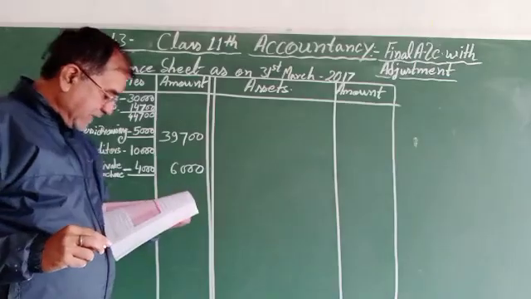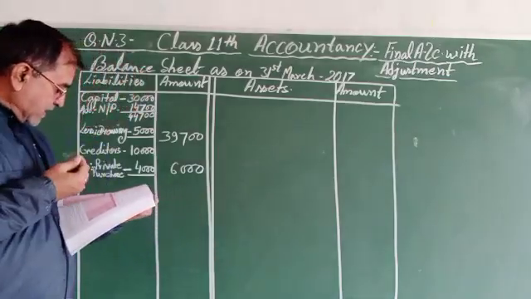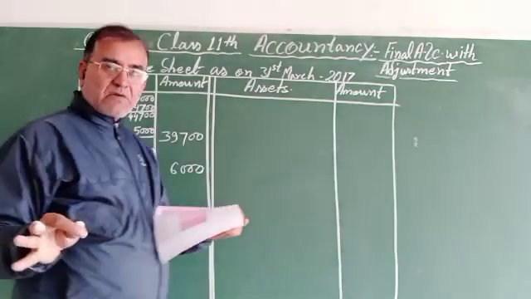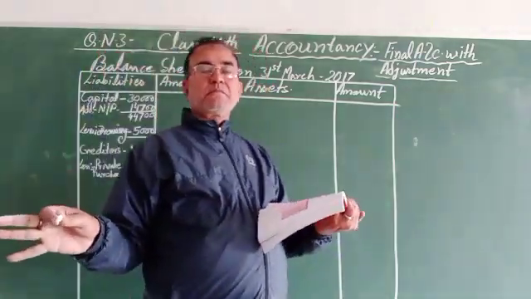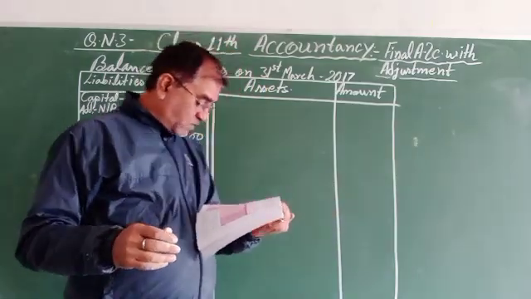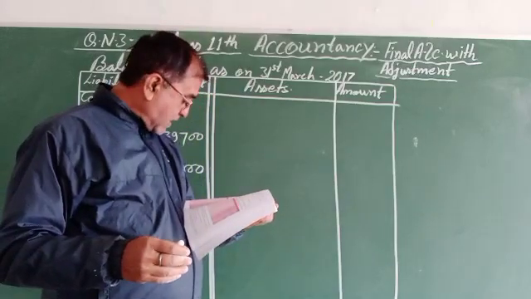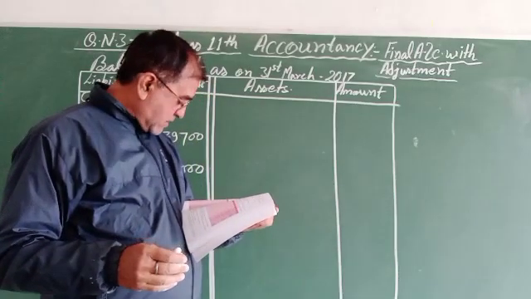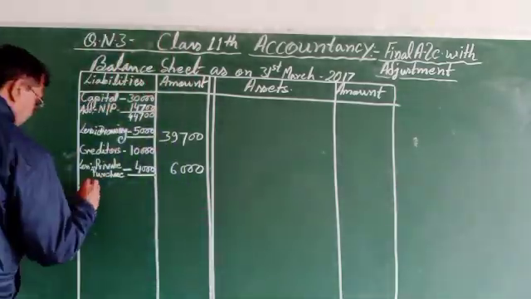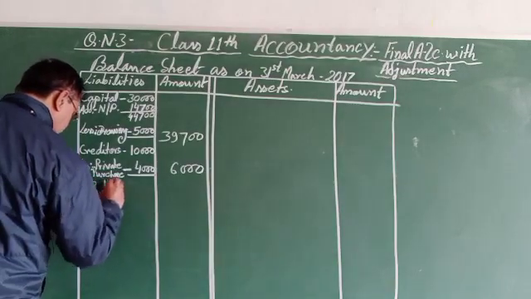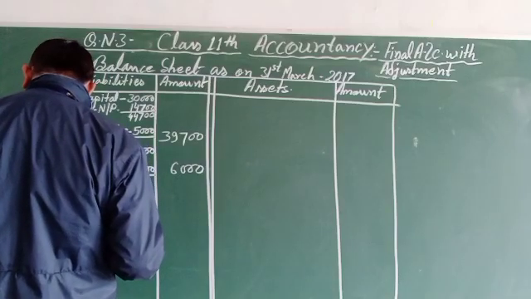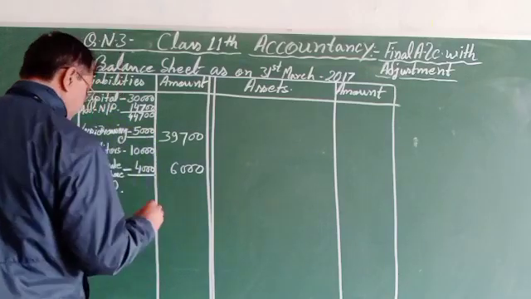Then after in the credit column, 700 provision for bad debts has been included in the profit and loss account. It is recorded, and then after returns and discount, then bills payable. Bills payable given rupees 2,000.